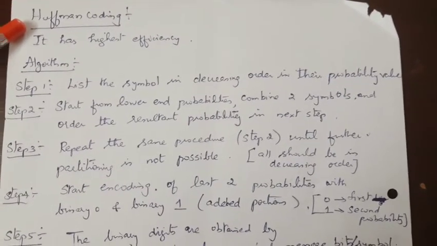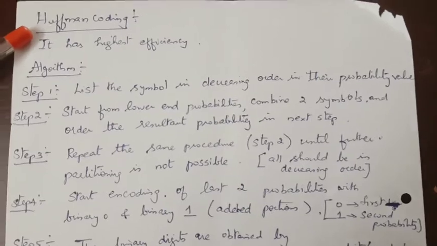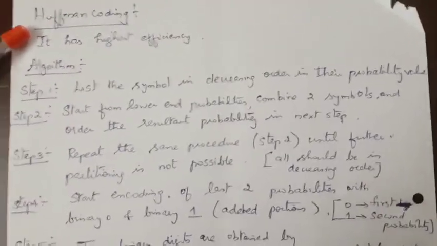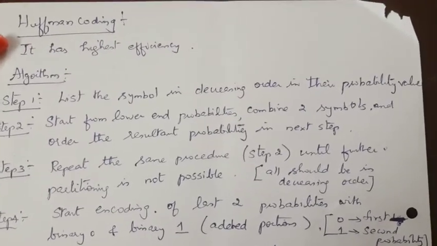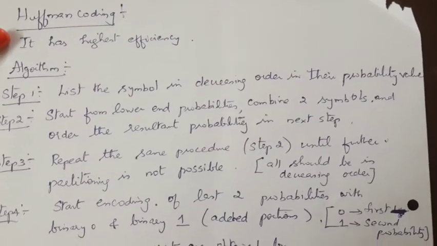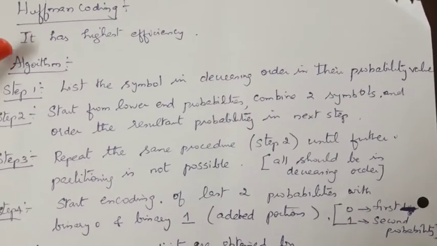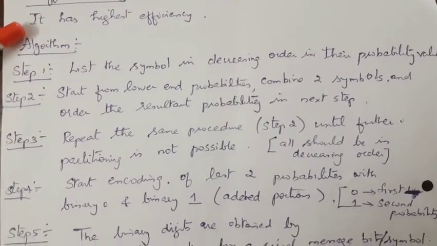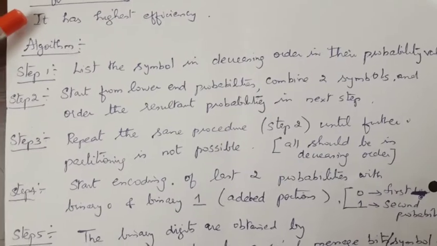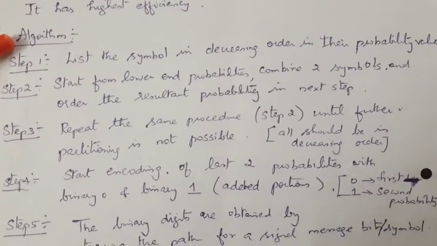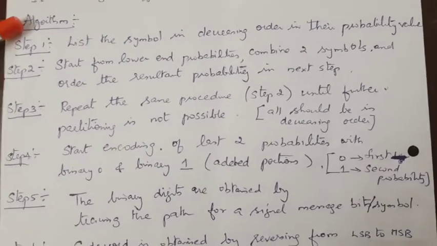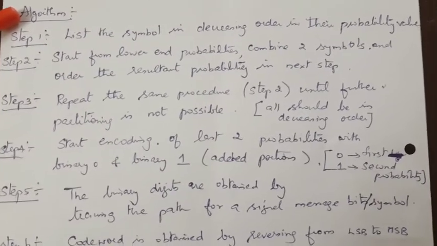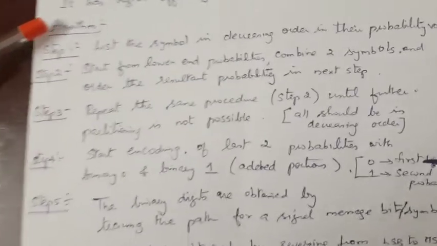Hello students, the next topic in the continuation of source encoding theorem algorithm is Huffman coding. So this is another type of coding. A slight advantage of Huffman is that it is better than Shannon-Fano because it results in a higher efficiency. As we know that it is a coding theorem, we have certain algorithms to be developed. What are the steps involved in doing the Huffman coding procedure for the given probability values?